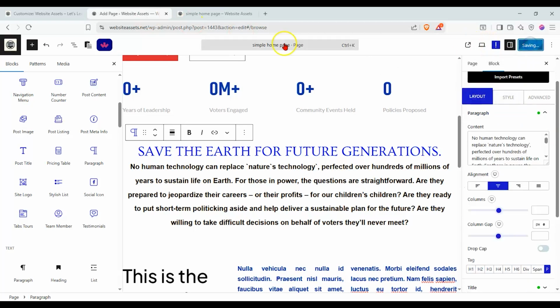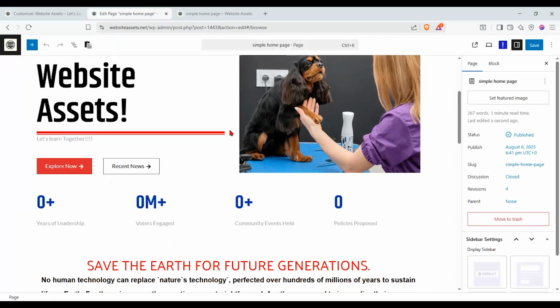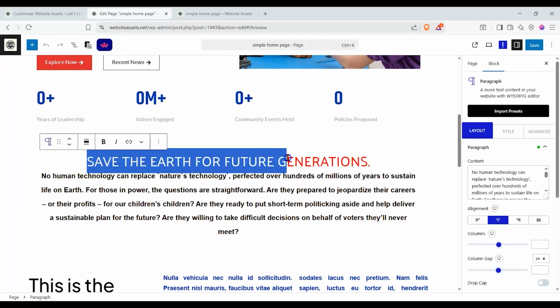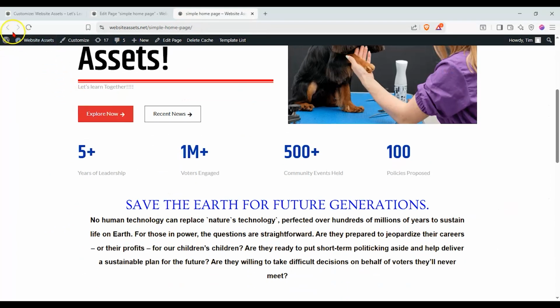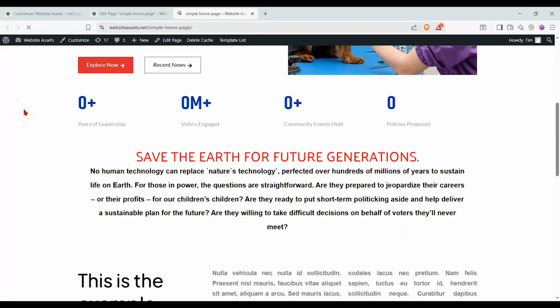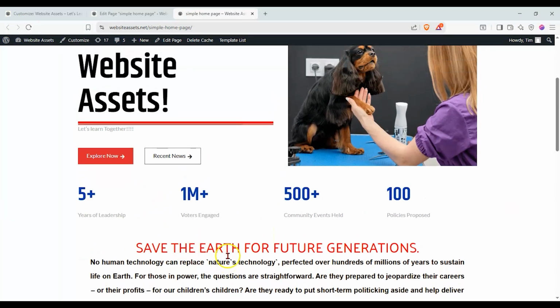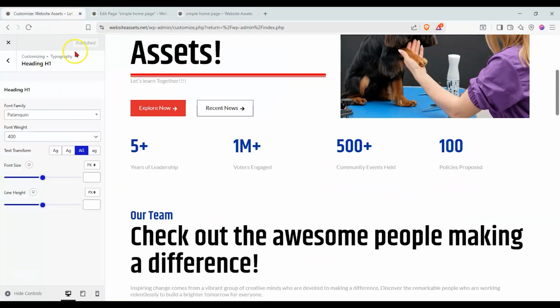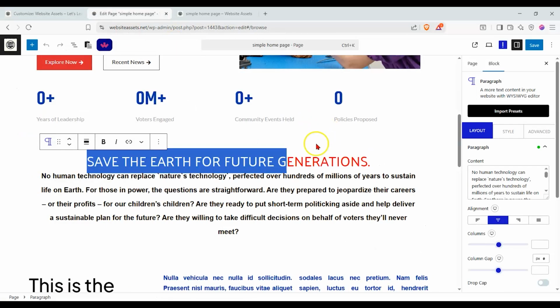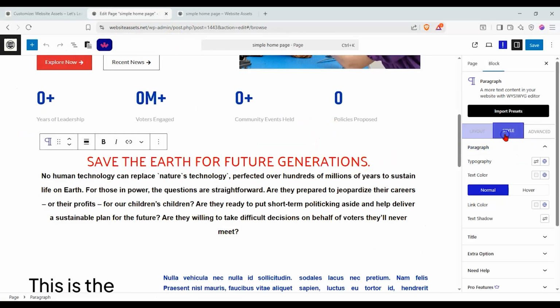So let's go and click on Save, right? And let's reload this and see how this looks. Okay, and there you see that the font has changed and the color has changed as well. And if we were to reload our site over here, the same thing will appear because this is marked as heading 1. But again, because this is global, if we wanted to override it, let's go ahead and go under